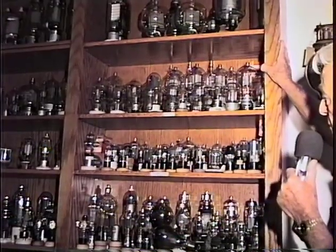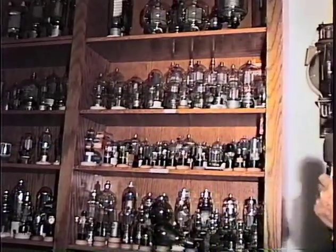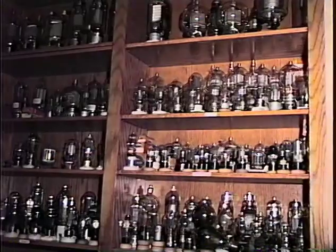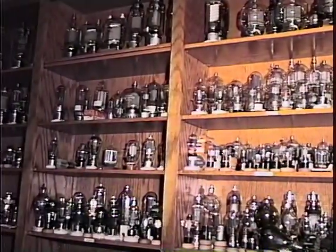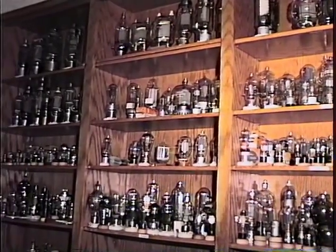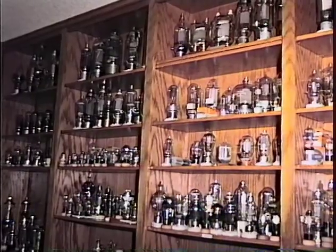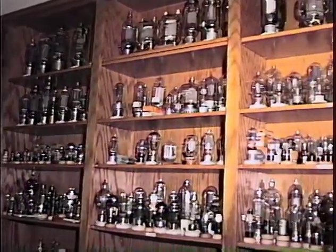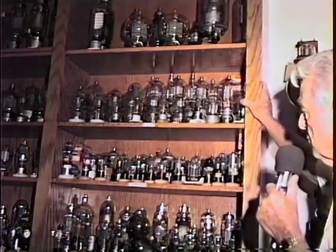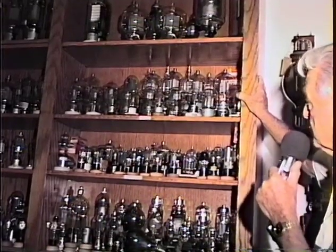pre-World War II. For the most part, my entire tube collection concentrates on tubes 1935 and earlier. However, don't hold me to that because you're going to find some tubes that are unique or at least intriguing to me after 1935. But on this shelf here we have a lot of the HK 454 and 354s and what have you that were very, very popular amongst the hams prior to World War II and shortly thereafter in